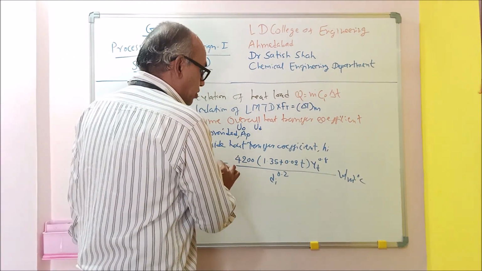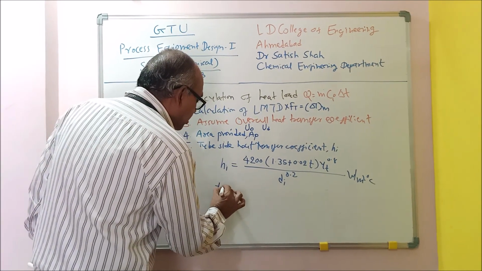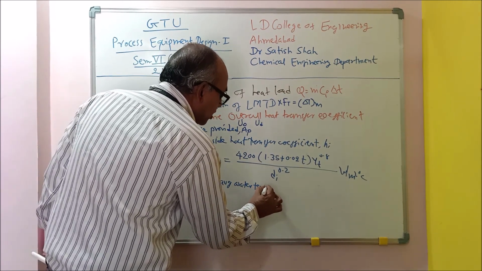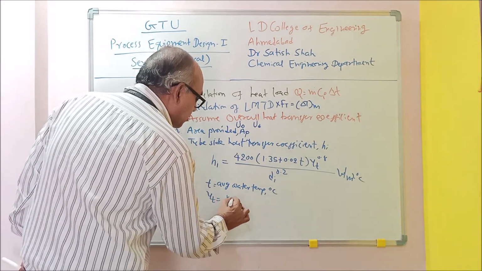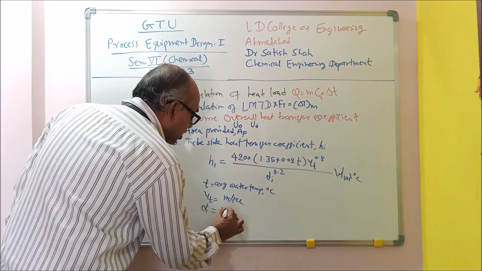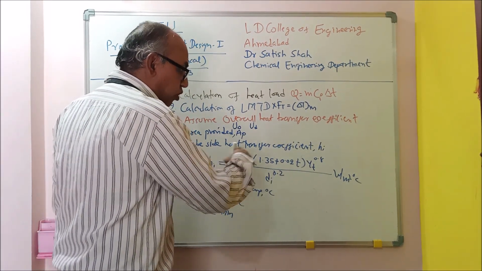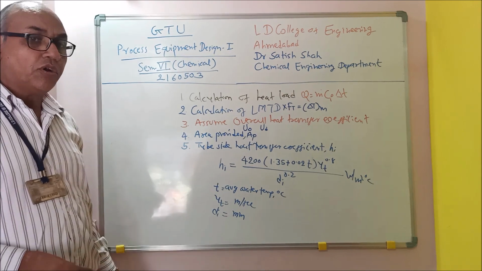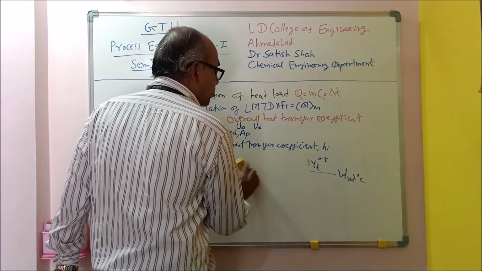Here, this is an empirical equation. You have to use the value of T, that is the average water temperature in degree Celsius. UT, that is the water velocity, you have to take in meter per second. And DI, that is tube ID, you have to take in mm. Remember, you should not make any mistake in taking these units, that is very important. Once you take it in these units, you will get the value of hi straight away for the water. So this is all about the tube side heat transfer coefficient.